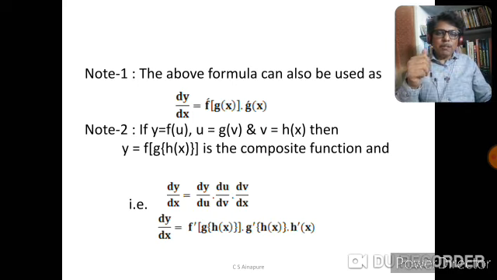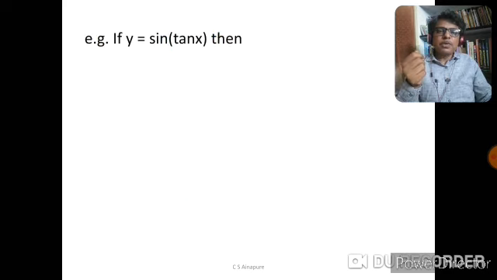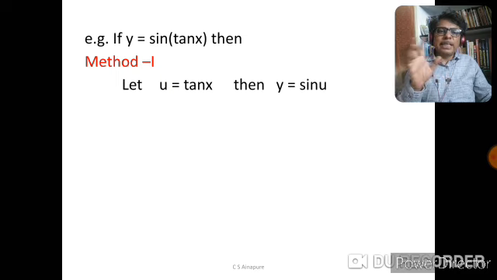By one example we can get a clear idea of this. So we'll consider y is equal to sine of tan of x. Sine is operated on tan and tan is operated on x. So this is a composite function. Now here, for the first method, we will call this tan x as u. So u is a function of x now. So this y will reduce to sine of u, because u is tan x. Now both are simple or standard functions and we can find their derivatives.